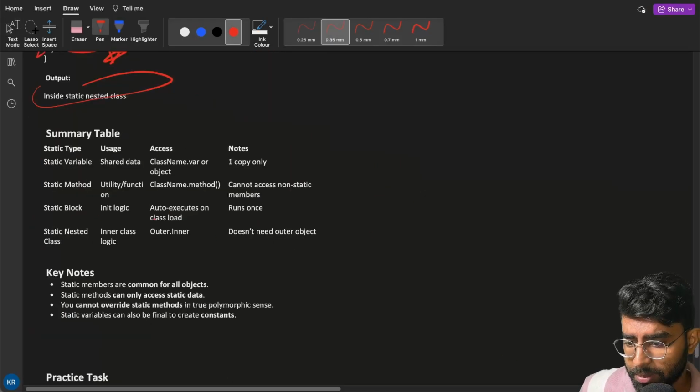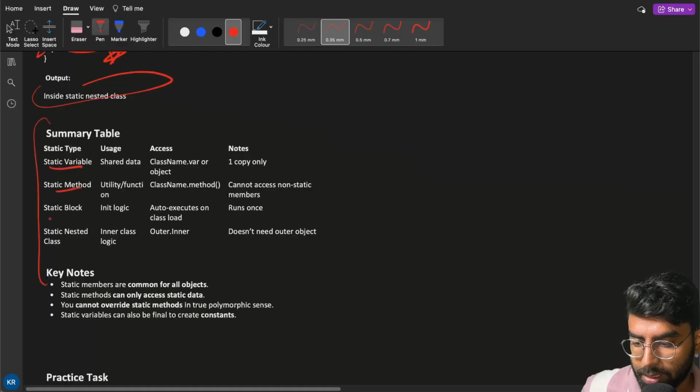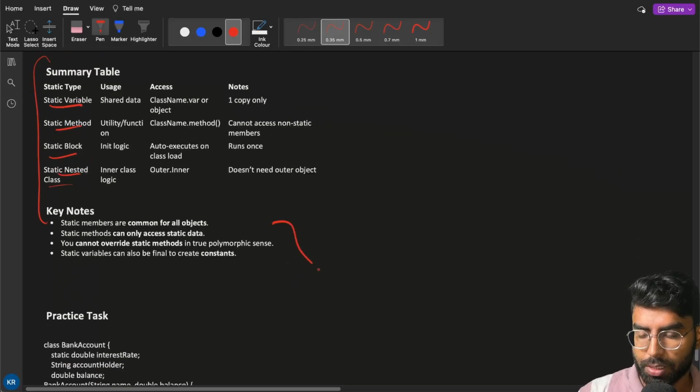This is the summary table of the static variable, static method, static block, and static nested class, and these are some key notes. Okay,